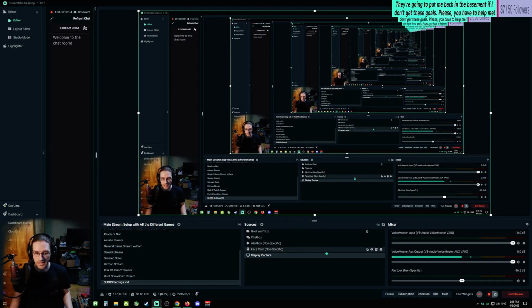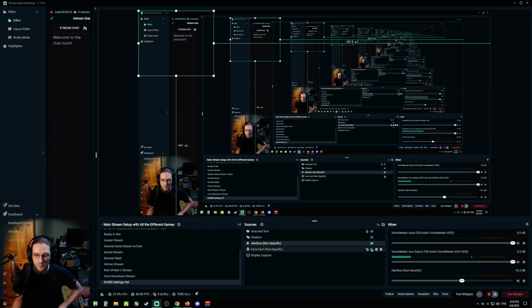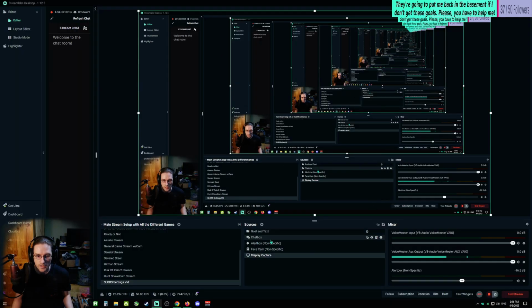Okay, here we go. So, this is going to be your main screen when you open up Slobs. You're not going to see this infinite mirrored thing. You're generally just going to see a black screen and that's it. You're going to see that, right? But since I have display capture on, you're seeing all of my stuff. Okay? So the way to set it up, so say I wanted to stream Hunt Showdown,